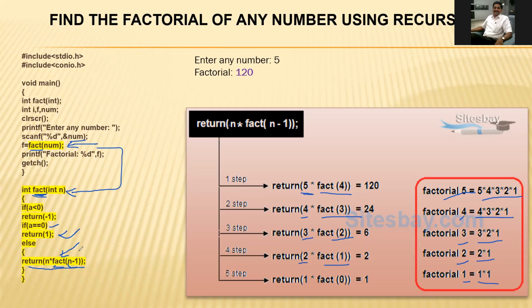The n minus 1 will always be there. For example, 5, 4, 3, 2, 1, and the value of n, for example 5, is given here. The factorial of 5 is 120. Okay, we can stop here with the recursive factorial.